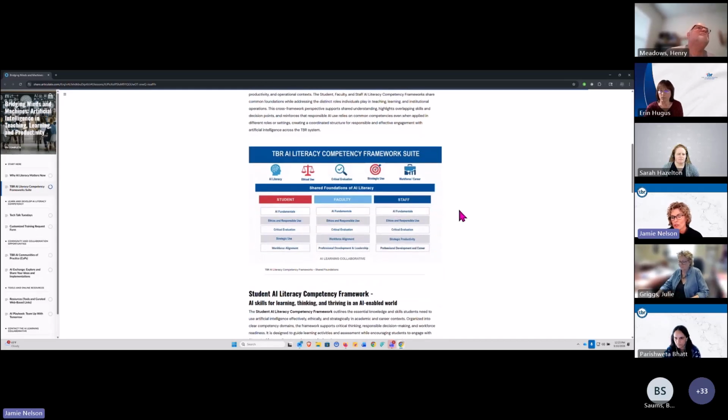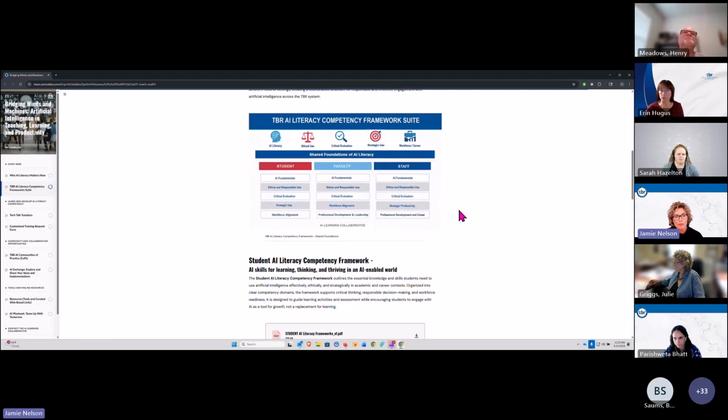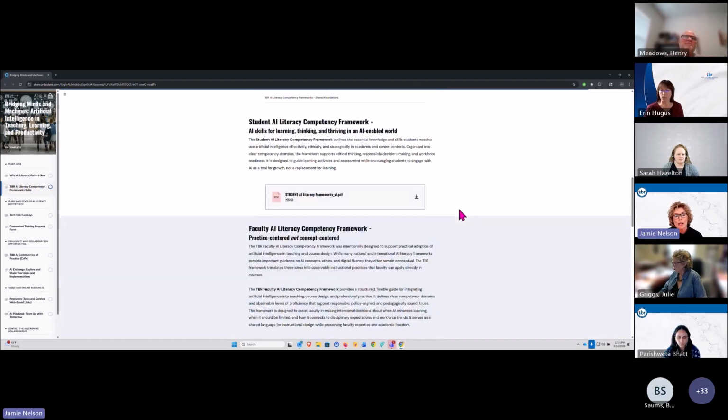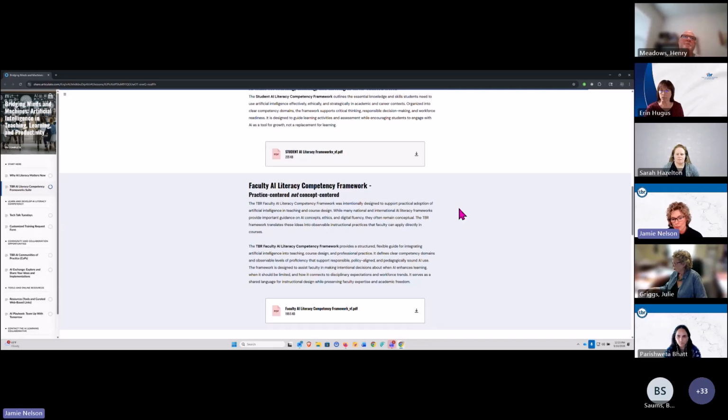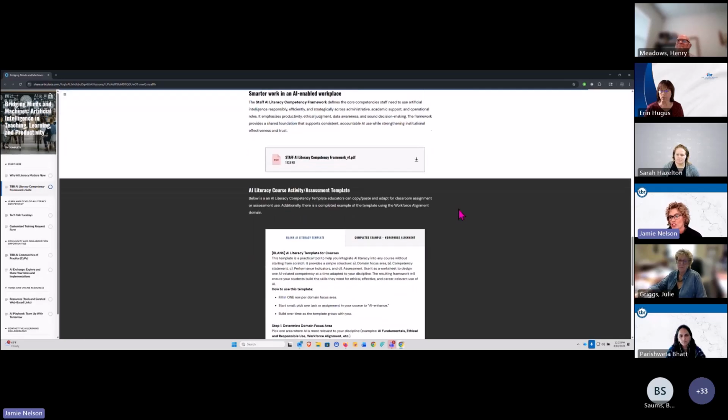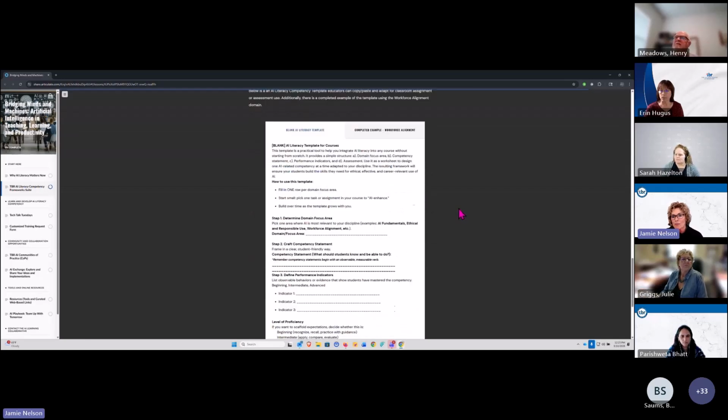There's the graphic that we looked at earlier with some description of it. The Student AI Literacy Framework is here for you to download, and the Faculty AI Literacy Framework as well. Staff is below. One more thing before we jump into that framework. We have put a template activity for you that you can simply copy, take it, modify it, make